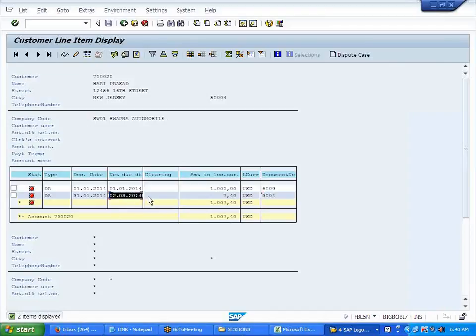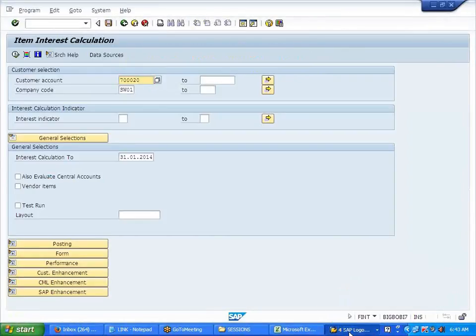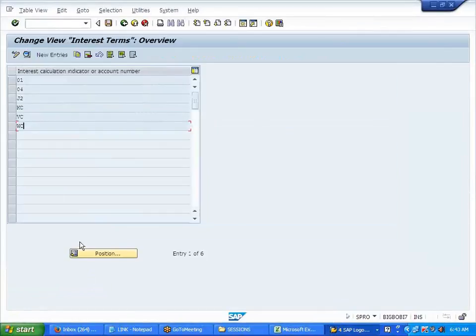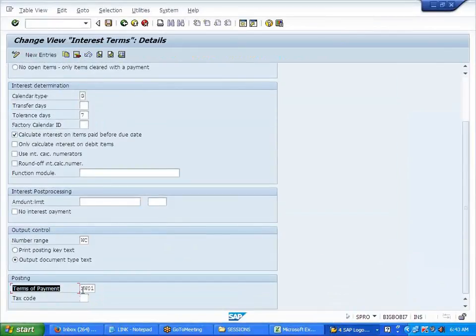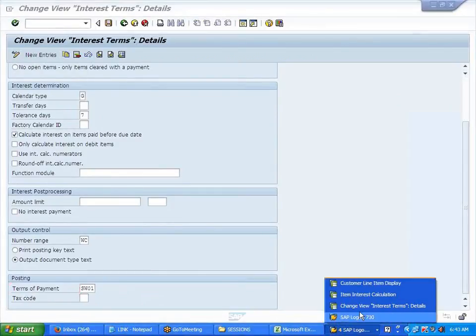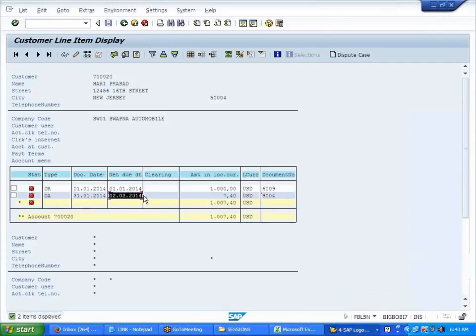The payment term is not for the invoice, it is for the interest payment. Now I hope it is clear. Ravi, this one I repeat again. Whatever that payment term is, SW01, that payment term got reflected for the payment of the interest.